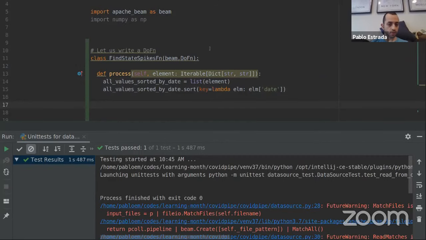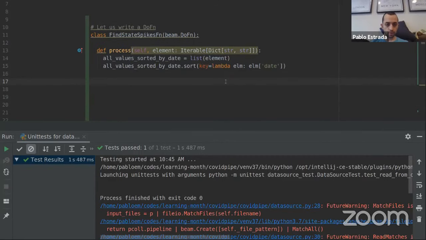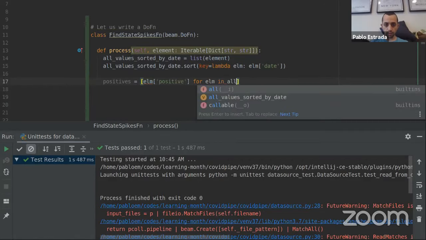Once we have this, we can get the list of positives, the sorted list of positive confirmed cases. So we'll take element positive for element in all values sorted by date,